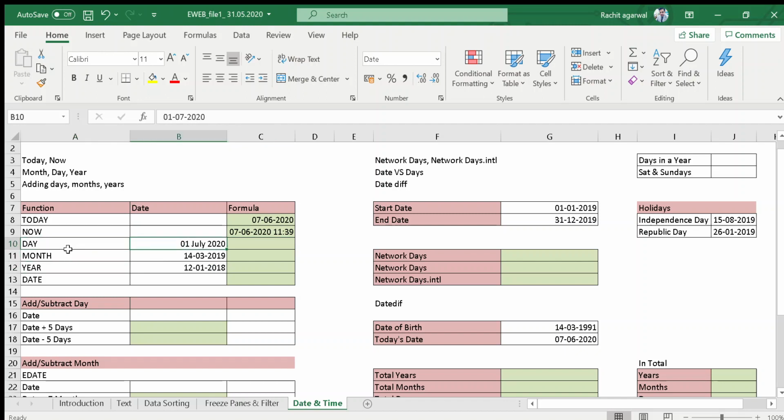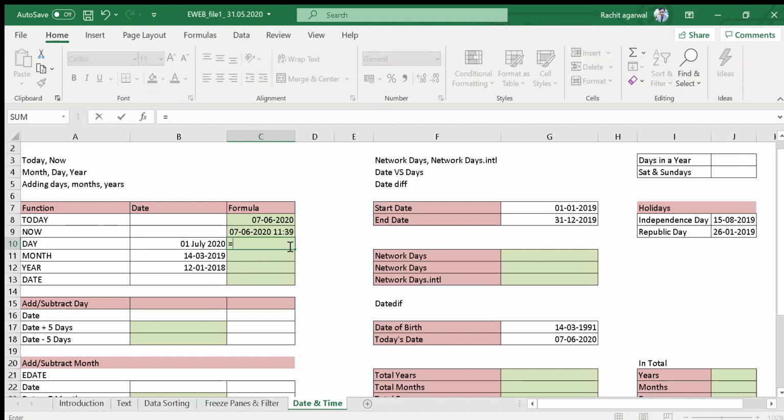See, if you have data in this format, 1st July 2020, and you want to know which is the day, which is the month. Is the first one the month or the date? So to know what is one, what is July, what is three, if you don't know what the third one is, you can apply these formulas.